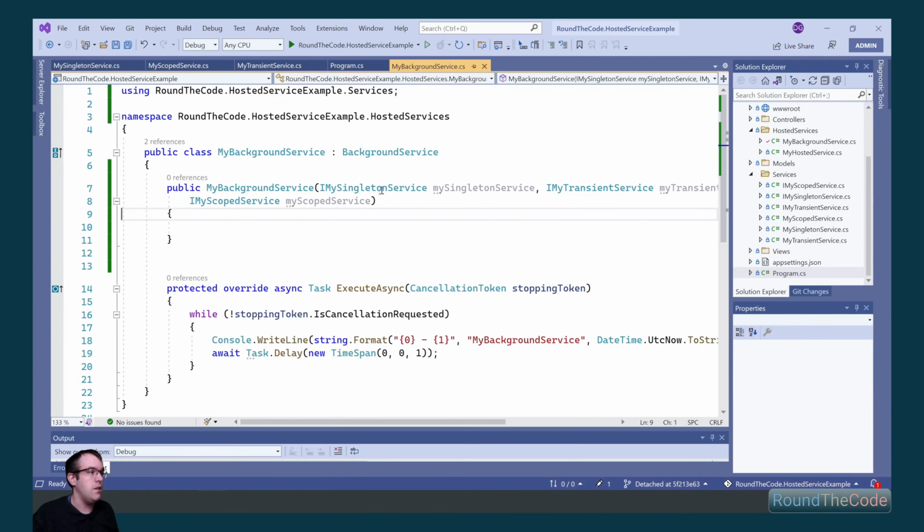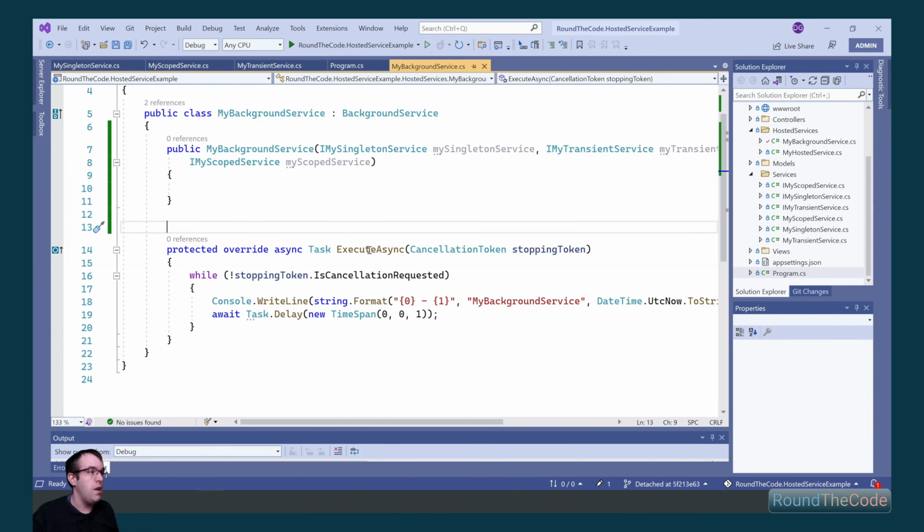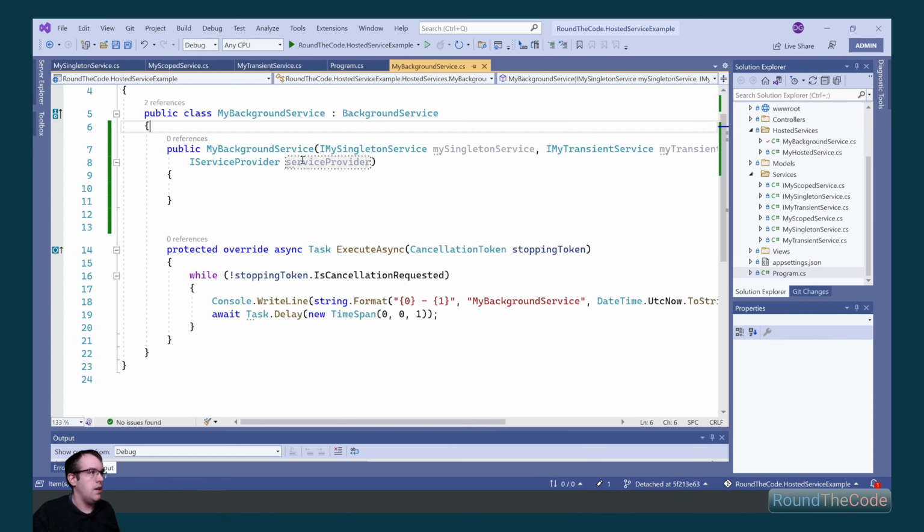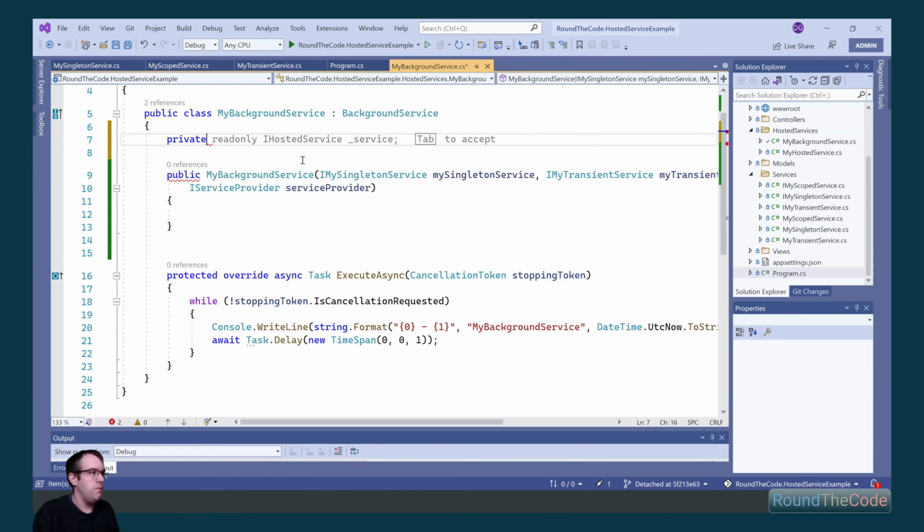If we go back in here, we're going to go into our execute async method. But before we do that, we're going to have to pass in the iService provider in here like so. And we need to create a local field for it, so we've got the instance for it. So we're going to go ahead and do that. Give it a name with an underscore at the beginning and assign the instance from the parameter in our constructor.